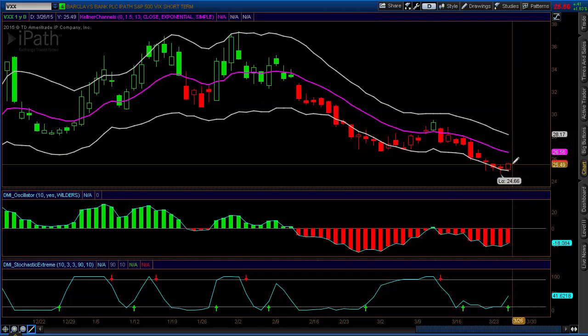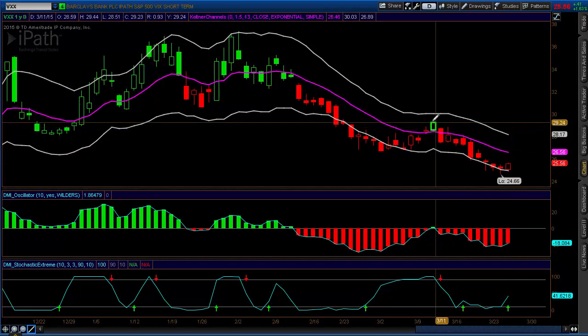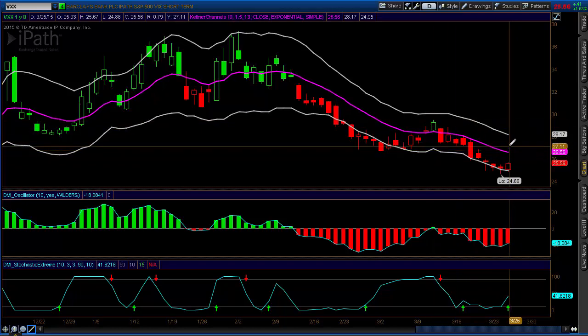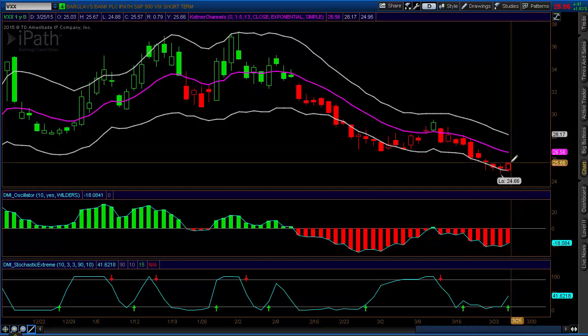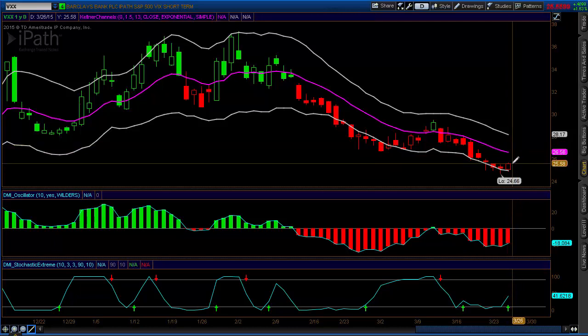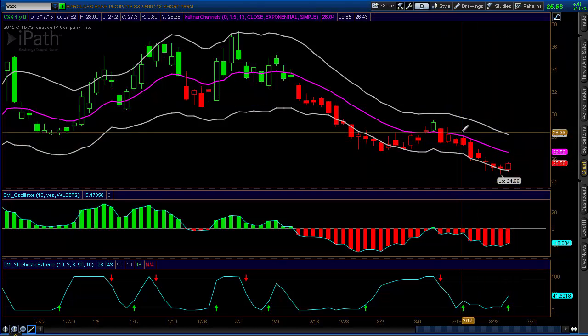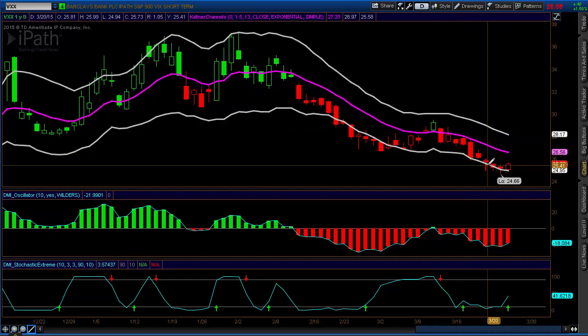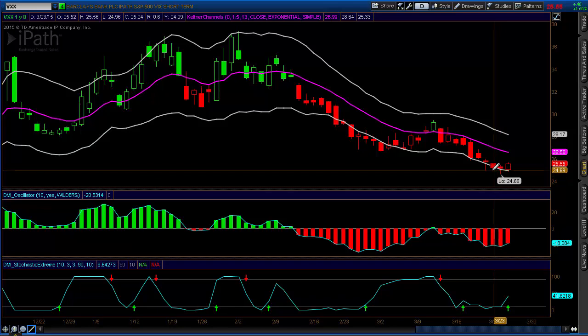It does move relatively quick though. If this goes back up to where it did, back above the mean here, let's call it 27, you can get an 8 to 10% move within a few days. And at the same time, it could go lower 8 to 10% within a few days. So this is a big mover. It's not quite as leveraged as a call option or something like that. But I started adding to this a couple days ago.